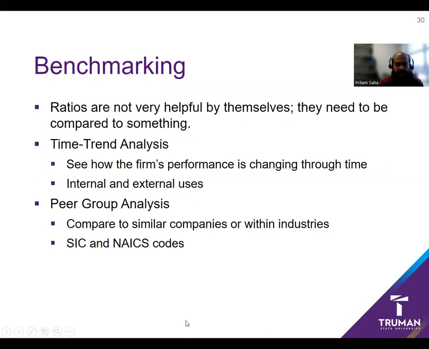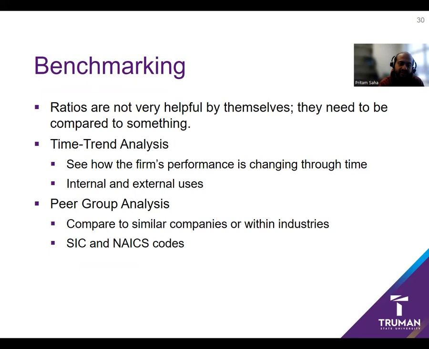Okay, so now how can we really analyze all those ratios? When you look at ratios standalone, just one ratio, they are not helpful. I think I already explained this in class. If you only look at the 2022 current ratio of Walmart, Tesla, or Rivian, it is not helpful. We can do one of two things to make ratios helpful for ourselves.